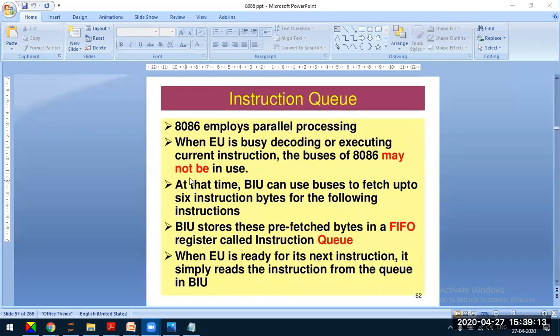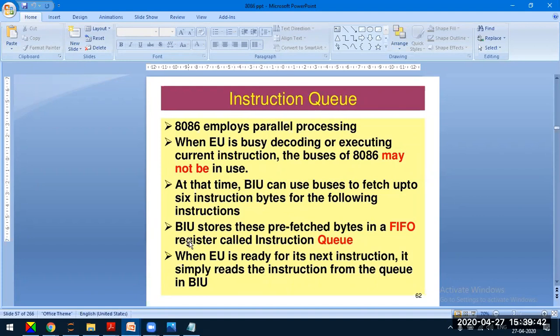8086 employs parallel processing. When the execution unit is busy decoding or executing the current instruction, the buses of 8086 may not be in use; they are idle. At the same time, the BIU, the bus interface unit, can use the buses to fetch up to 6 instruction bytes for the following instructions and load them into the instruction queue.